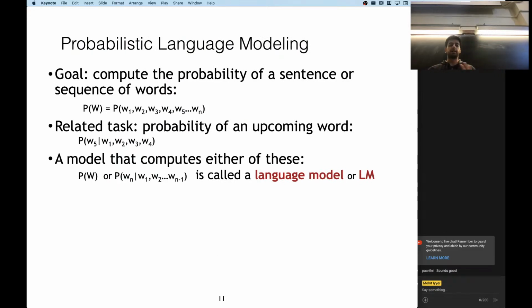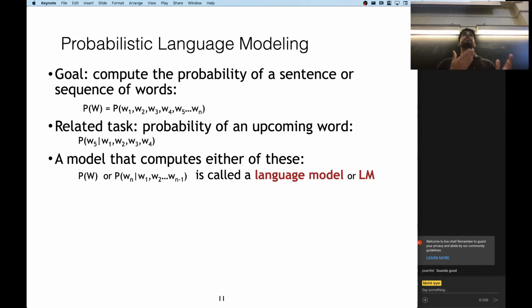So just to summarize, if our goal is to compute the probability of a piece of text, let's say our text is capital W, formed by these words, W sub 1, W sub 2, W sub 3, we can actually break this task down into predicting the probability of each word in this text given all the words that came before it. And we call a model that computes either the probability of the overall text, W, or any conditional probability of word n given all of the words up till n minus 1 that came before it,